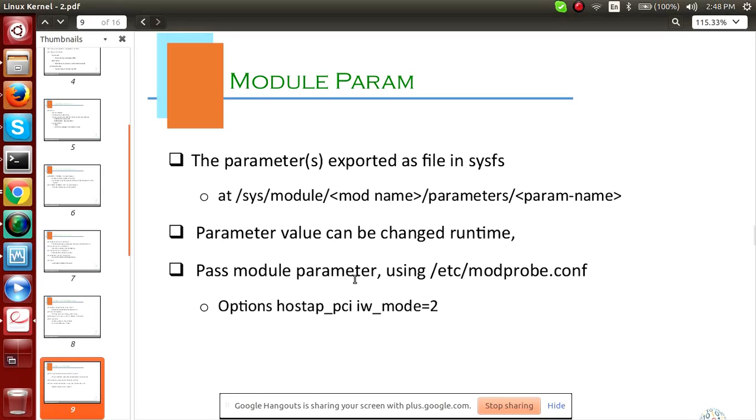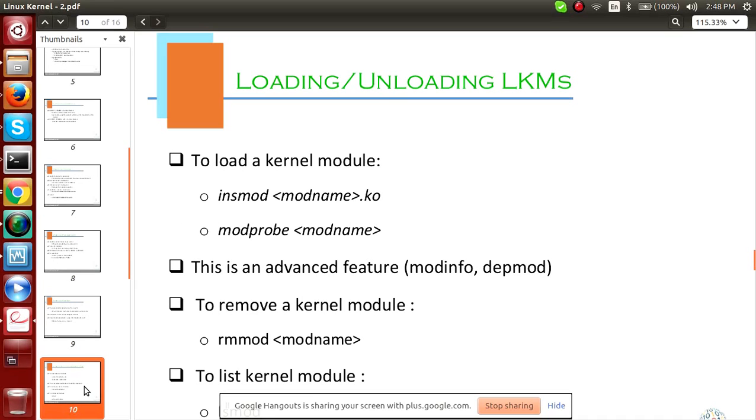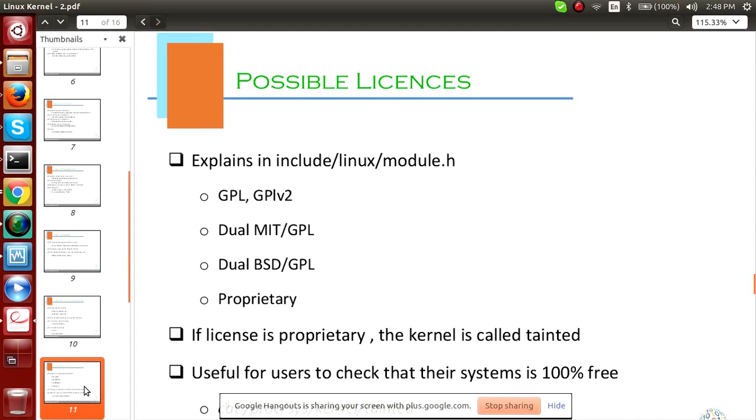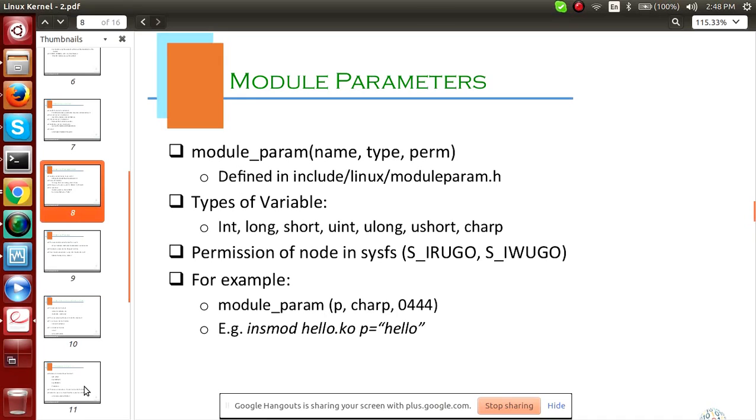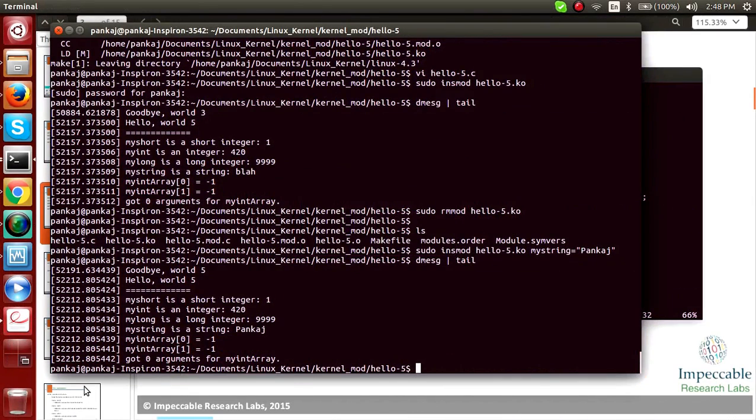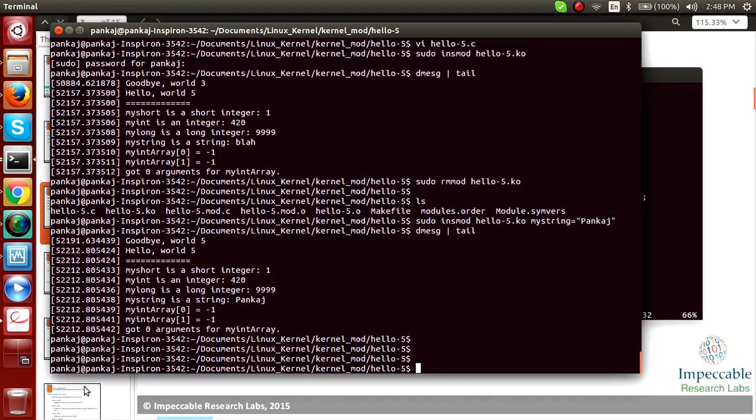Try different combinations of that and you will be able to see it. There are other options also.